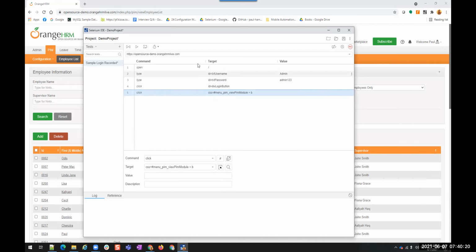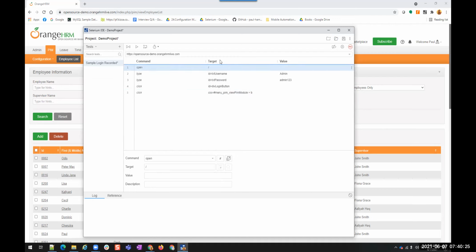So now we have a script where you see some commands. Open, we are opening this URL with this base URL, and then we have a type because we are entering our username. That action can be done with the help of a method called type, and then again we are entering the password with type, and for clicking we have click. Like this, we have commands, and these commands take parameters of target and value. For type, we need to enter the text. So what is the text that will be present inside the value?